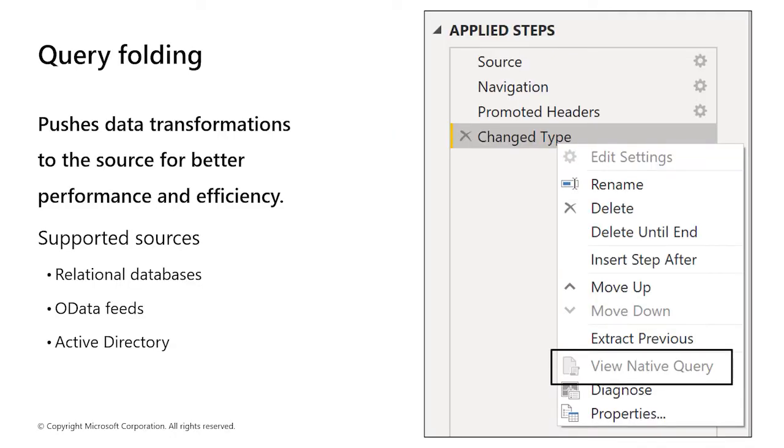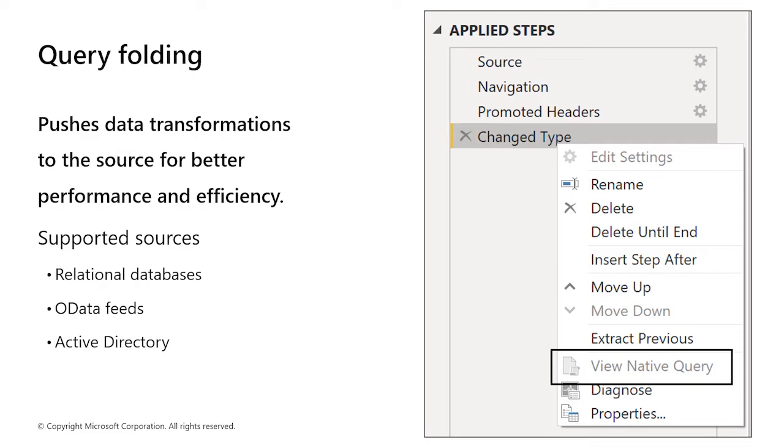Simply put, query folding means that the Power BI desktop engine doesn't have to do the work for certain transformations. It's done on the native data source rather than brought into Power BI. The guidance to remember is that if we can translate or transform into a select or SQL statement, which includes operators and clauses such as group by, sort by, where, union all, join, etc., we can use query folding.